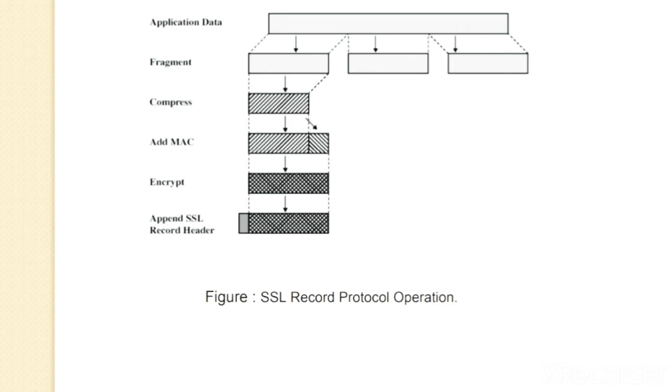After that, the compressed message plus MAC are encrypted using symmetric encryption. Encryption may not increase the content length by more than 1024 bytes, so that the total length may not exceed 2^14 plus 2048. A number of different encryption algorithms are permitted, and the final step is to prepend a header. That is, the header is divided into 4 different parts.